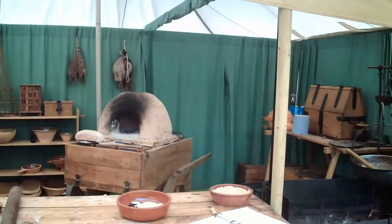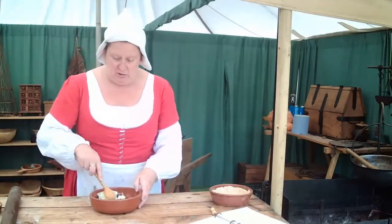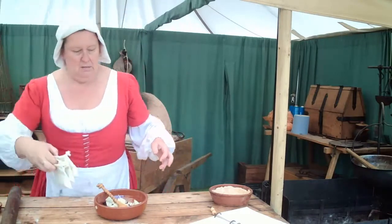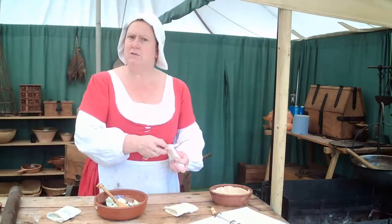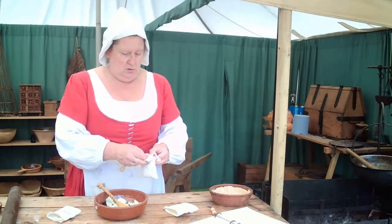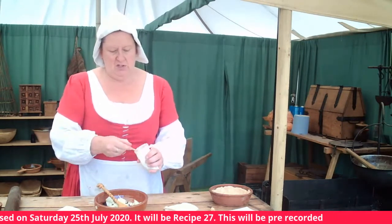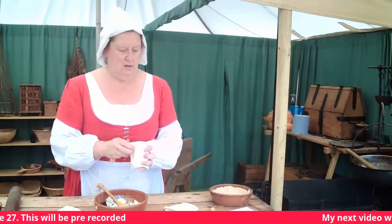But I'll say we don't know for sure because the details aren't on the original recipe. So just going to break those onions up there. Now, what we're going to add to this mixture is some salt, some pepper, and some ginger. Now, ginger seems to be quite often put with eel, so we just want a teaspoon of ginger. So that's 2 of these little of ginger,